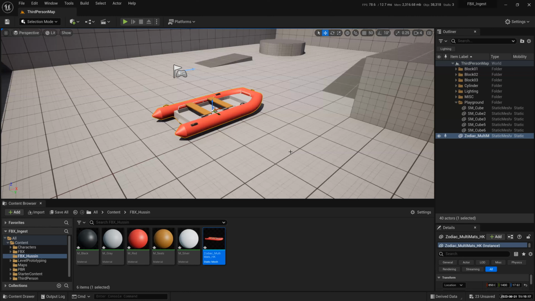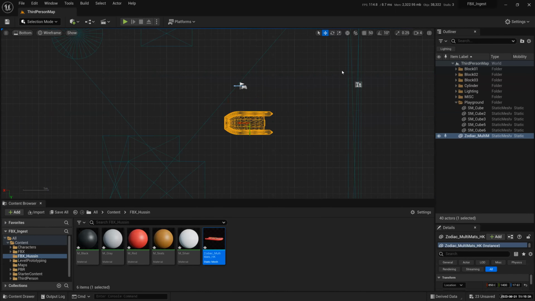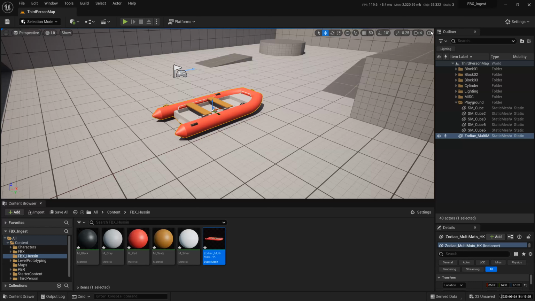There you go. Much faster way. Instead of remembering keyboard shortcuts like Alt K, Alt Shift K, you get used to it after a while, but there are too many keyboard shortcuts here. So I will just click and drag up, click left, click down, and click diagonal, and go back to perspective view. How cool is that? I can also have this kind of view if you want to.